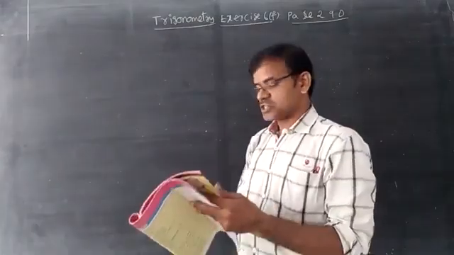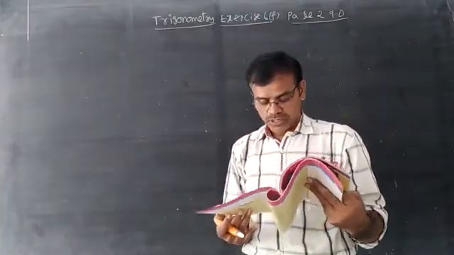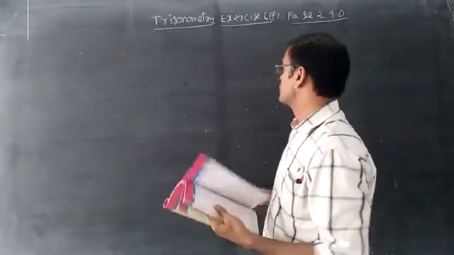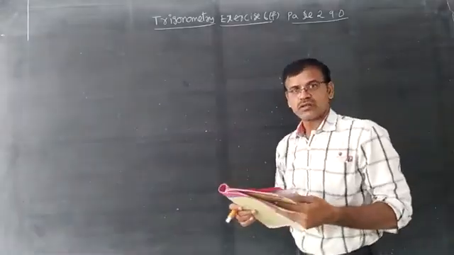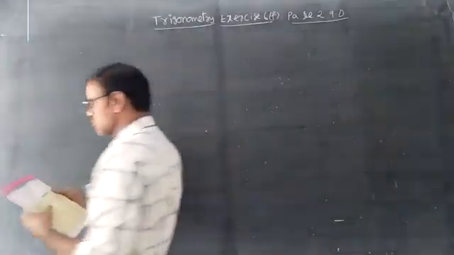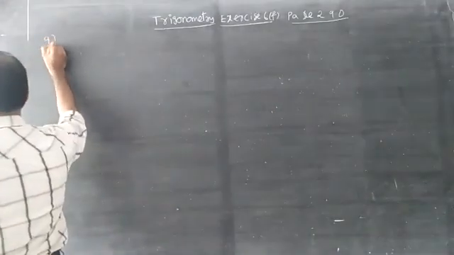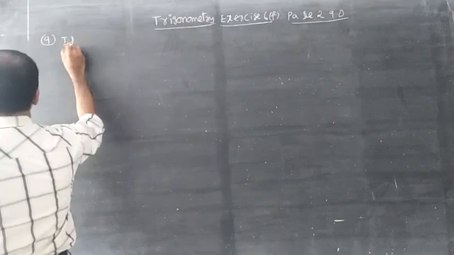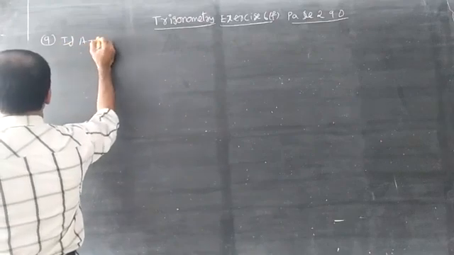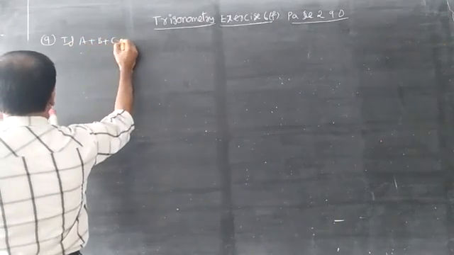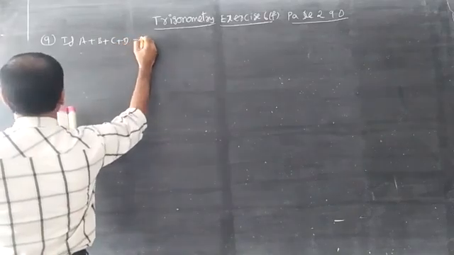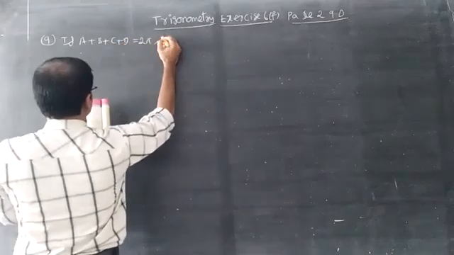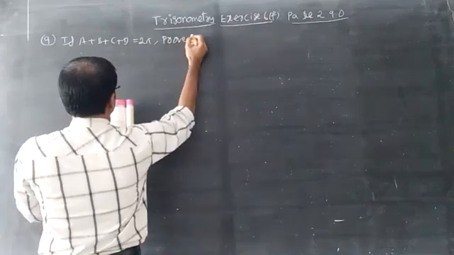Until yesterday, we have completed page number 289, exercise 6 of 8 sums. Now exercise 6 of is going on. Page number 290, ninth question. If a plus b plus c plus d is equal to 2 pi, then prove